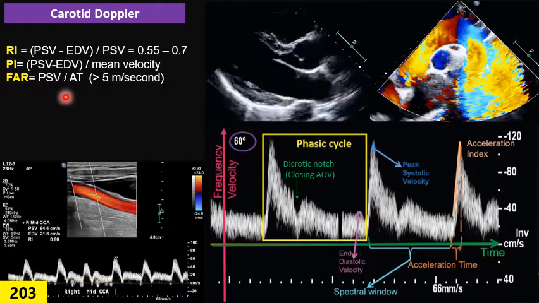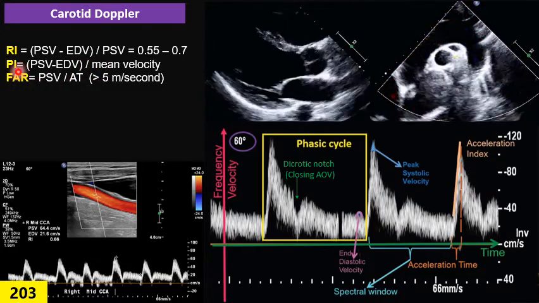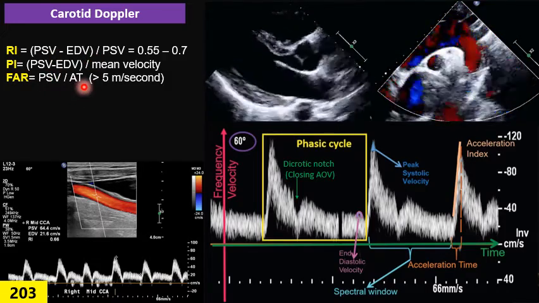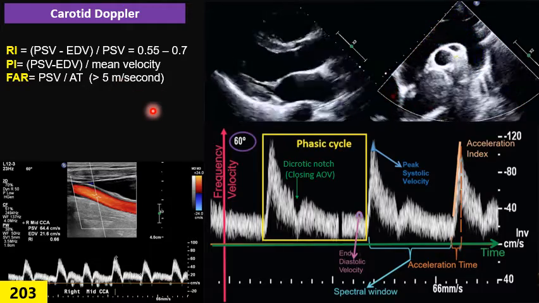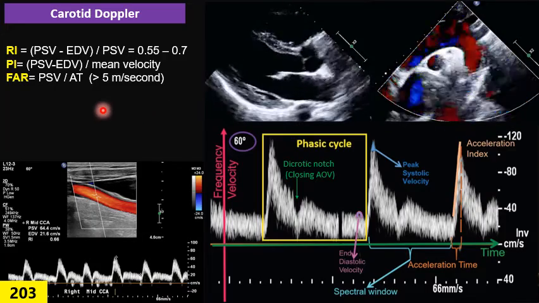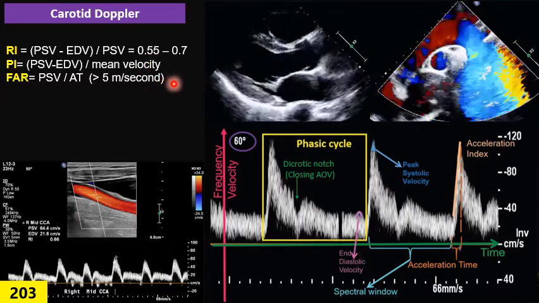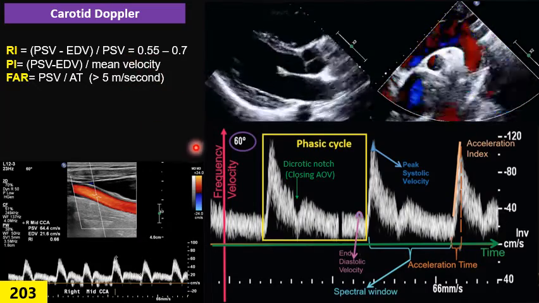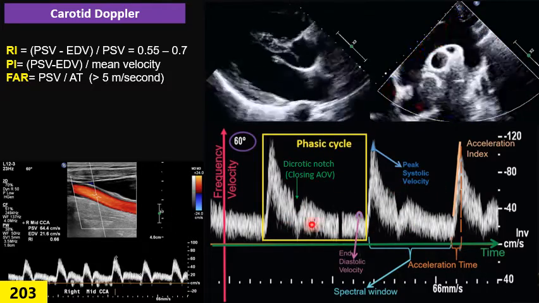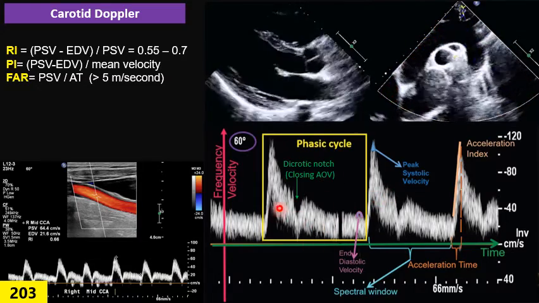Another index is the flow acceleration rate, which we calculate by dividing peak systolic velocity by acceleration time, and the normal is usually over 5 meters per second. Now let's see what features the normal carotid Doppler has. Before that, I forgot another parameter, characteristic, or feature of the carotid Doppler: